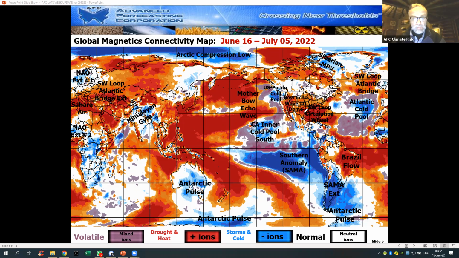But the Southwest Loop circulation wheel, in the meantime, is going to keep ejecting humidity northwestward into the Midwest and the plains. And so it's going to get not only hot, but really humid. And some nights are going to be in the mid to upper 70s in the Midwest. That's never happened before in June. So weird things are happening.